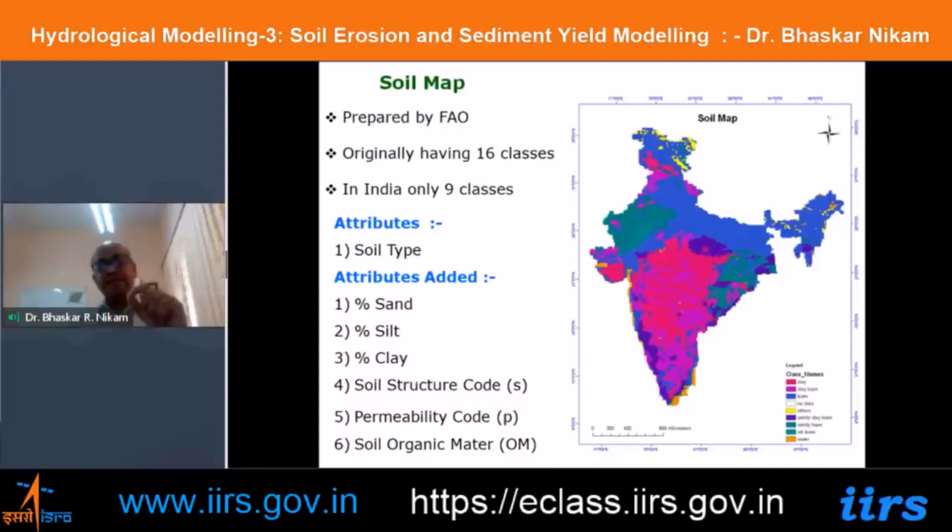Now, organic matter content is of course a property of soil, but it is controlled by what kind of cover or what kind of land use exists on that soil. If you have vegetative land use, you are bound to have higher organic matter content in that soil. If the soil is bare for a very long duration, the organic matter content will be minimal. So organic content is governed by what kind of soil type you are facing, what kind of land cover, and what kind of terrain you have. You have to get this information from the field, or there are some alternative techniques we'll see